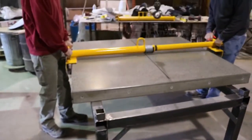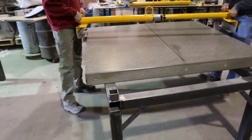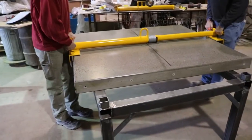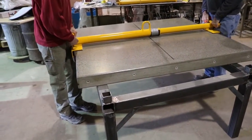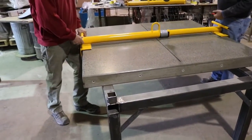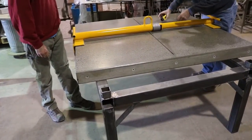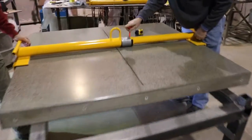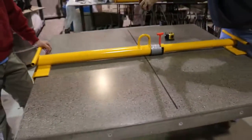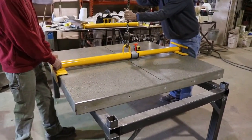The second bar that's going to be included with the table when we ship it to you is a lift bar for picking up the tabletop. Two guys carefully set the bar on top of the table and push it together. Push yours in. He pushes his in. You put that bar on center, 27 inches from the edge of the table to center. He's putting the locking pin in there to keep the bar from separating. At this point, you take your lifting device, whether it's a fork truck or an end loader,